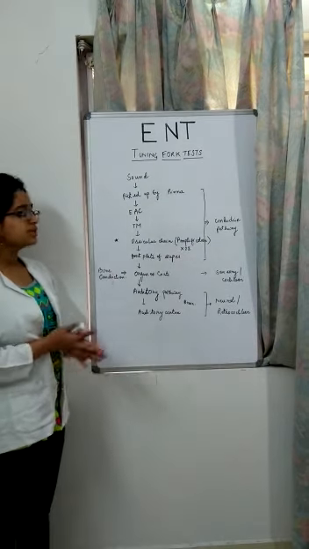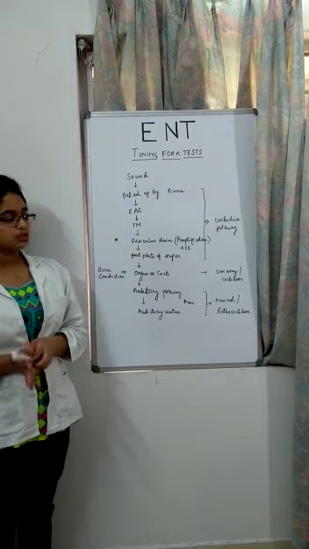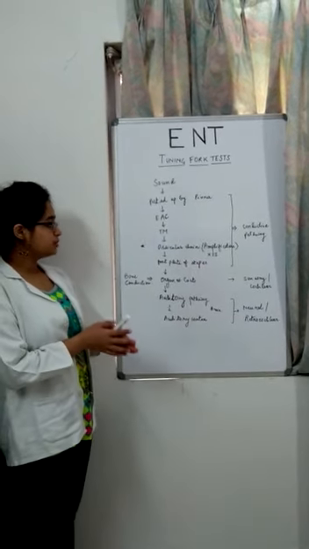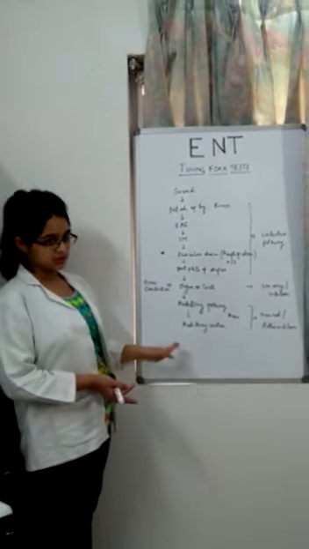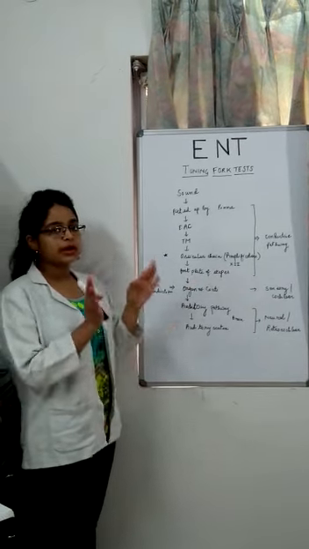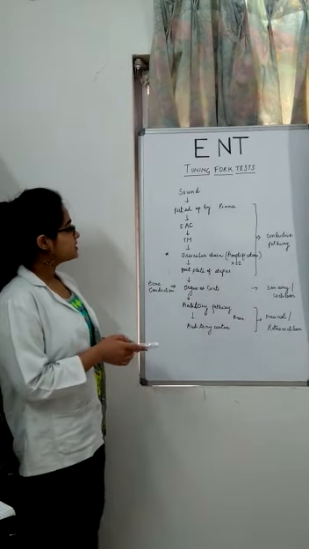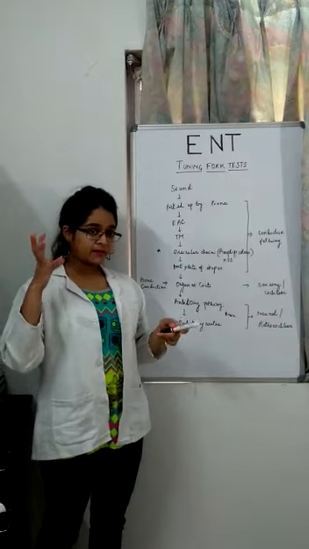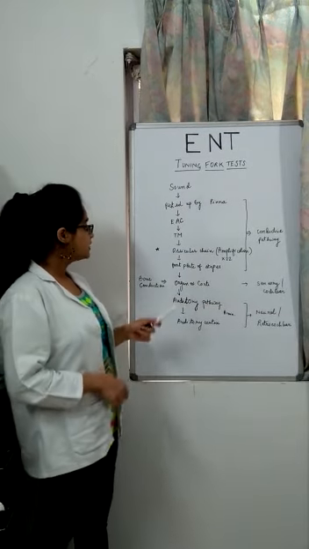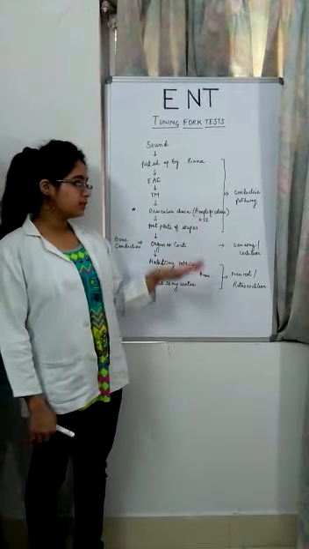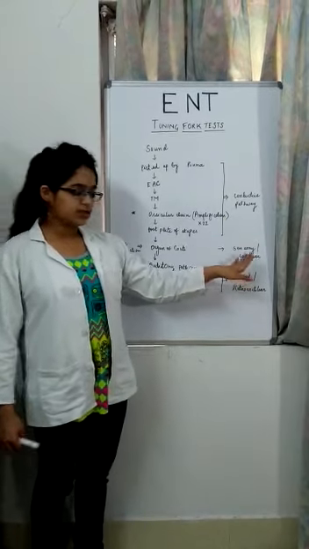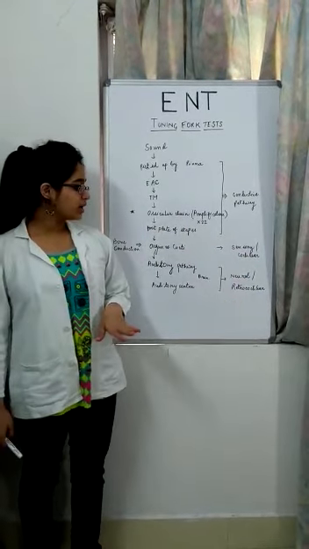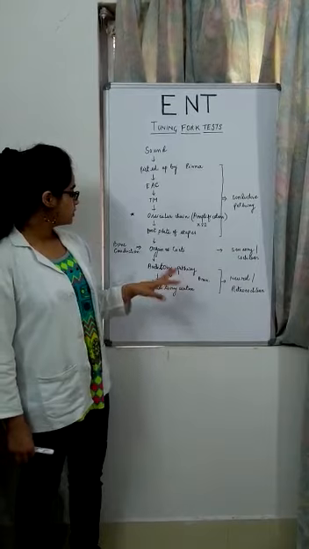What I want to tell you is air conduction and bone conduction. The air conduction pathway is this whole pathway. That is, the sound from the air will enter into your ear. Air conduction will consist of all the three pathways, that is conductive, sensory and neural. Whereas bone conduction will consist of the sensory and neural pathways.